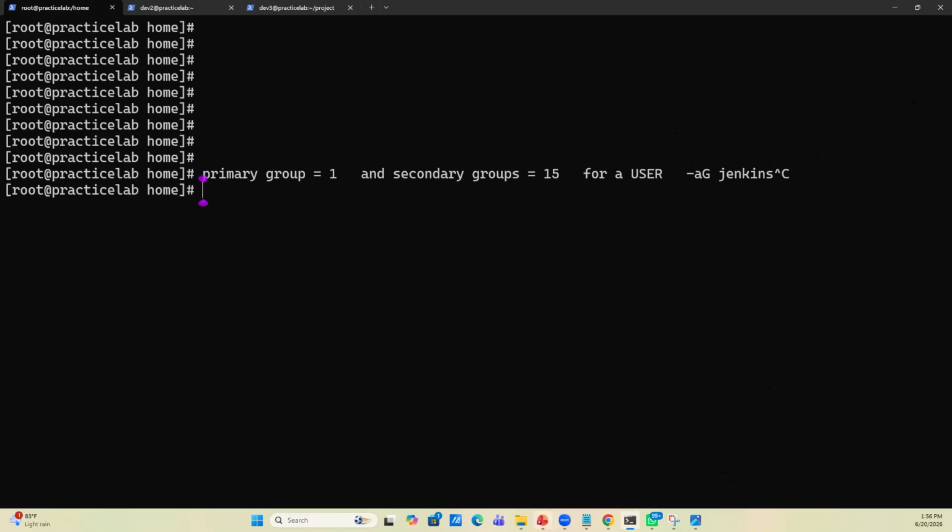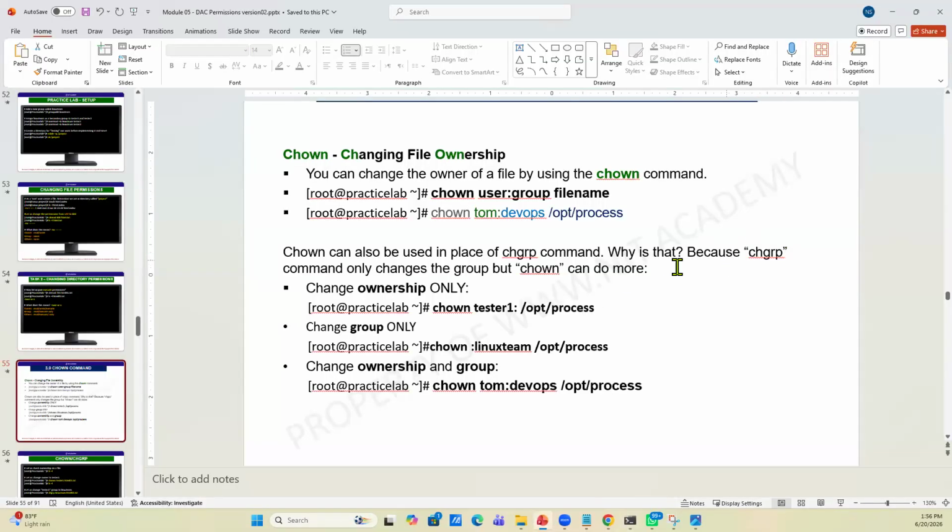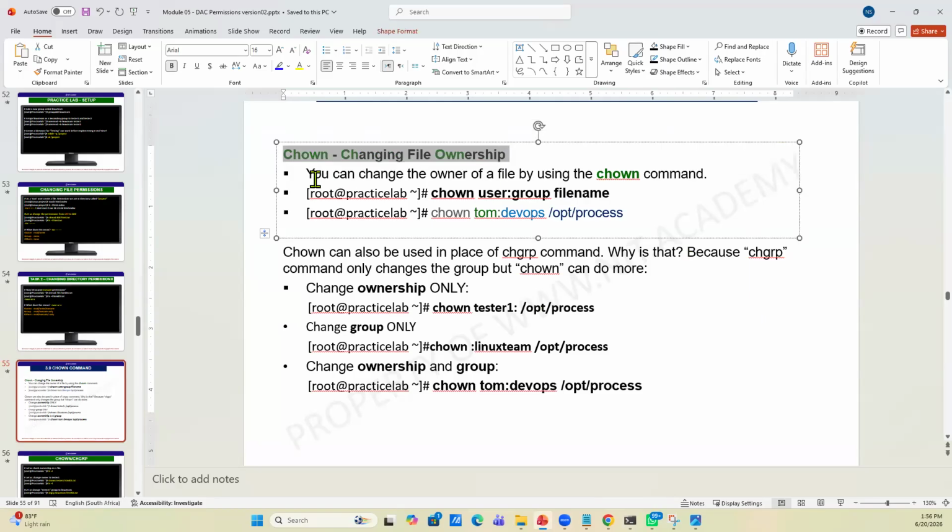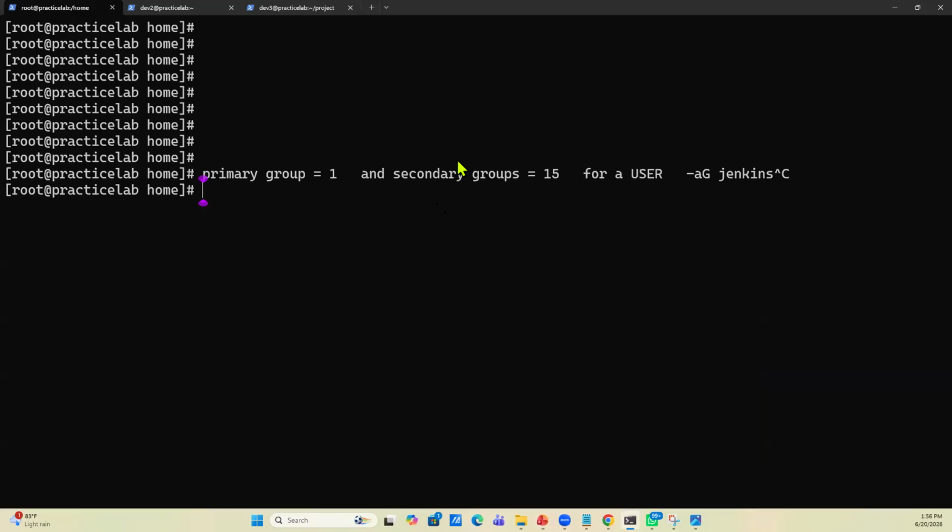All right. Yes. Now, so let's go to chown. Okay, chown, you can change the owner of a file. File. Not change the permissions on a user. We are talking about, when we say file, then we are talking chown. If we are talking user, we are talking usermod. If we are talking file, we are talking